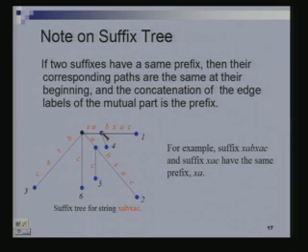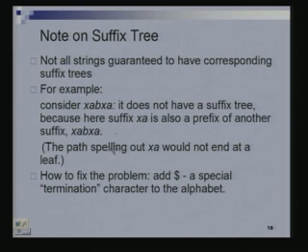Because now if I was searching for XA, okay, I would end up here. Now what? Both of them, right? So I have to actually report all occurrences, and this will help me do that. So what do I have to do to report all occurrences? Basically, I have to look at its children, look at the leaves in that subtree, and that will give me the positions. Okay, we'll come to all of that.